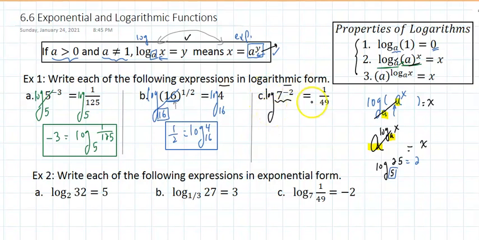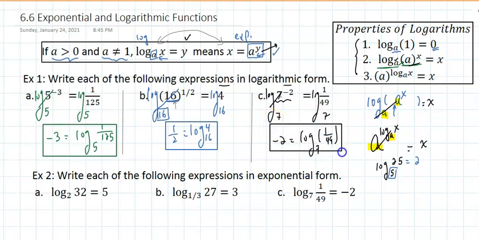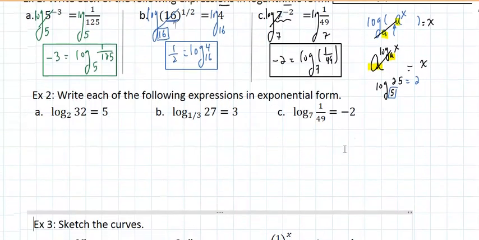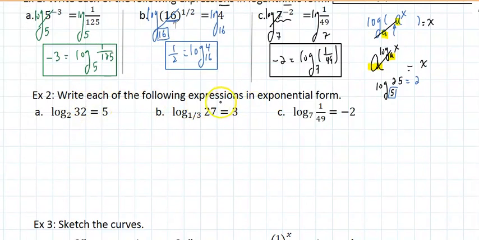Take the log of both sides. What base should I use? A base 7. Those two will undo each other, and I'm left with log base 7 of 1/4/49. Now, in case you don't remember, log is the inverse of the exponential, and the exponential is the inverse of the log. The second set of problems, what we want to do, we want to write these expressions